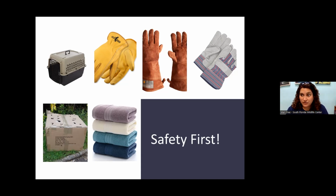I know I mentioned that towels are not good, but that was just for the nesting part of things. For capturing and for transport, that's okay. I encourage no towels when we're doing it out in the wild, and we don't want the baby to sit on a towel where it's not being monitored constantly. If you have a pet carrier, fantastic. You can put the animal in the pet carrier and bring them to us. Shoe boxes, again, work for the smaller animals, but always just be very cautious. We appreciate and admire you helping save the baby wildlife, but we also want to make sure that you are safe,